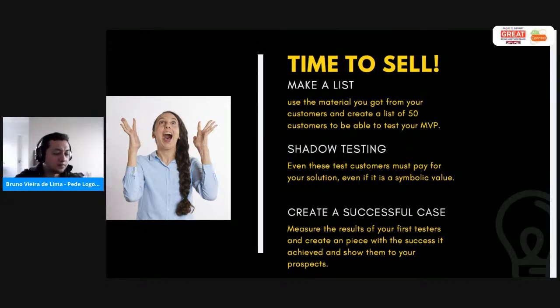And going back to the sale process itself, sell it to him. Okay, courage, man. Even if it's for a symbolic value, but charge your client from the first moment. Okay, after the solution runs for 50 or 20 days with your customers, analyze what had the best results for your product. Okay, if necessary, interview them again and create a case study. Okay, a piece of marketing of this case, showing the market, showing to other clients, showing in the media all the benefits that this client had using your product. This real market validation is extremely necessary and beneficial for your startup. Okay,